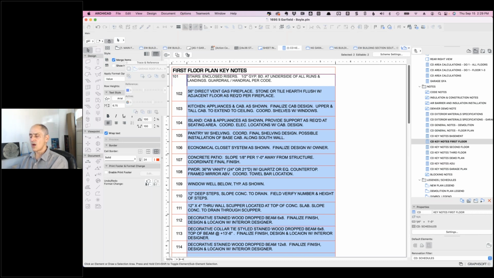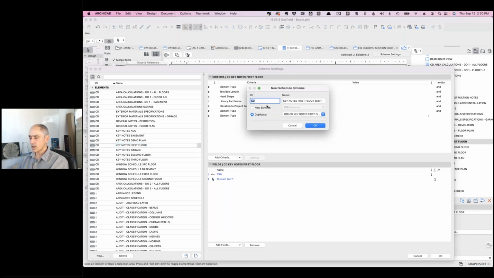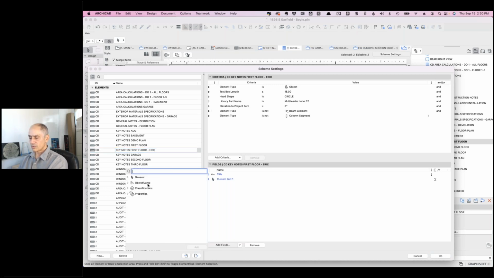So let me just start with one thing that will probably help, and then I can build on this. So we'll go through a series of steps. I'm going to create a new scheme. So we'll say this for Keynotes first floor. I'll say new one. It's going to be a duplicate of it, and we'll give it my name here. All right. So this is now going to be identical, but I'm going to change it a little bit. I'm going to add a field here. Now, custom text is one that is,